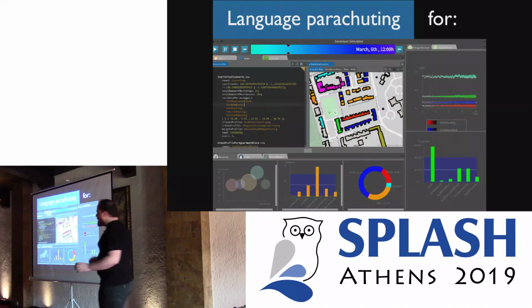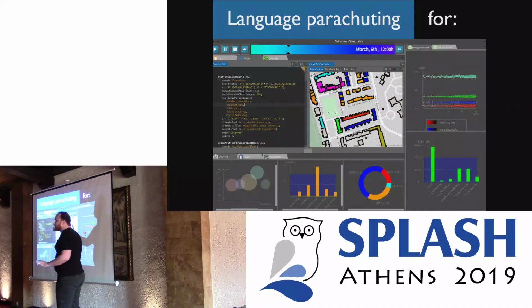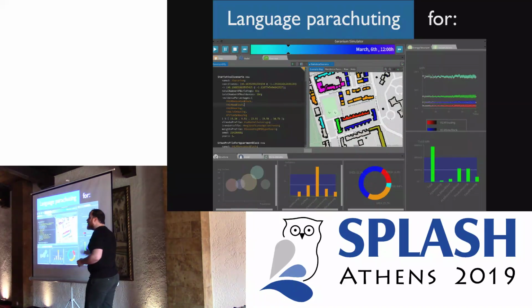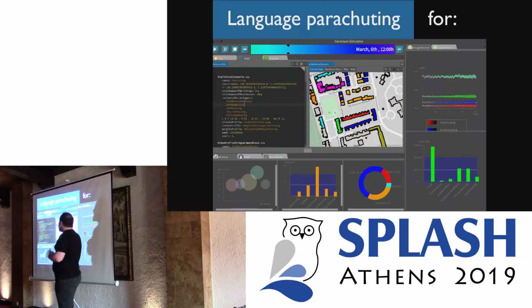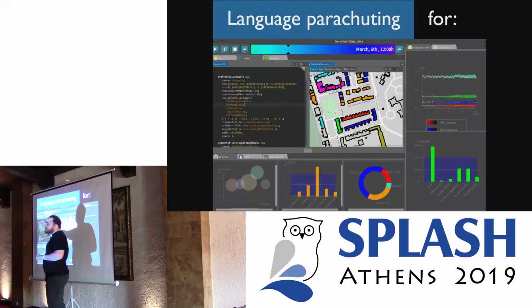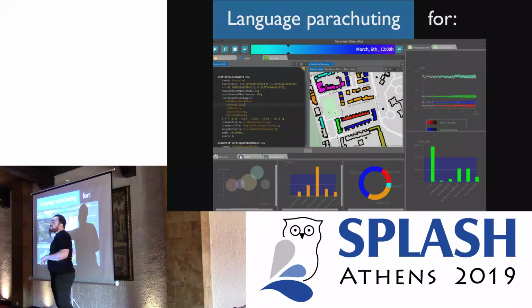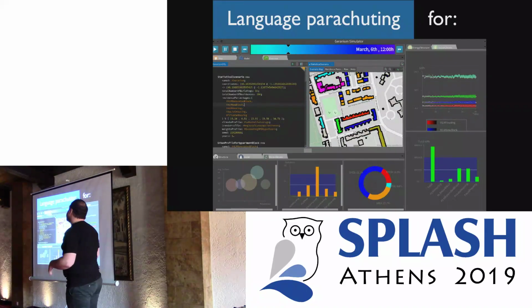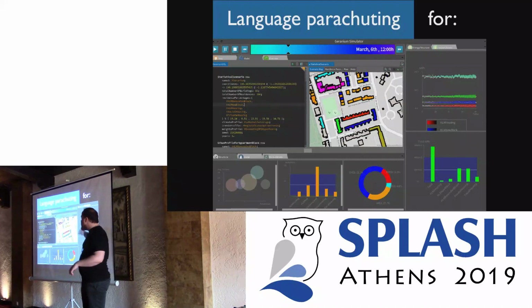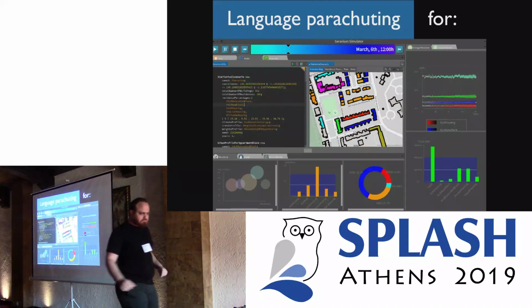When I am lucky, the end result will look something like this, which is a DSL that we've built recently for geography, where the domain expert would be able to live-edit the DSL and see the results as he's using the platform with his users. And the users can check the statistics, play around with widgets to understand their problem and their model, with integration with GIS, for example, etc.